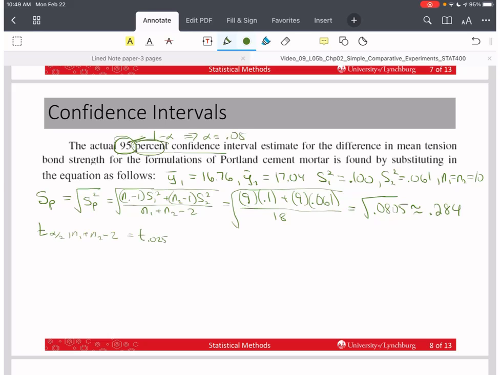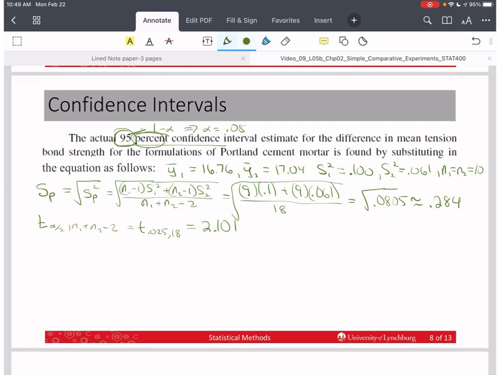This is 95 percent, so that's 0.95. Okay, so 0.05 divided by 2 is 0.025, and then this is 18. We found this before in the t table, and it's 2.101. Okay, so we plug into our formula, which was y1 bar, 16.76, minus y2 bar, 17.04, and then minus t,